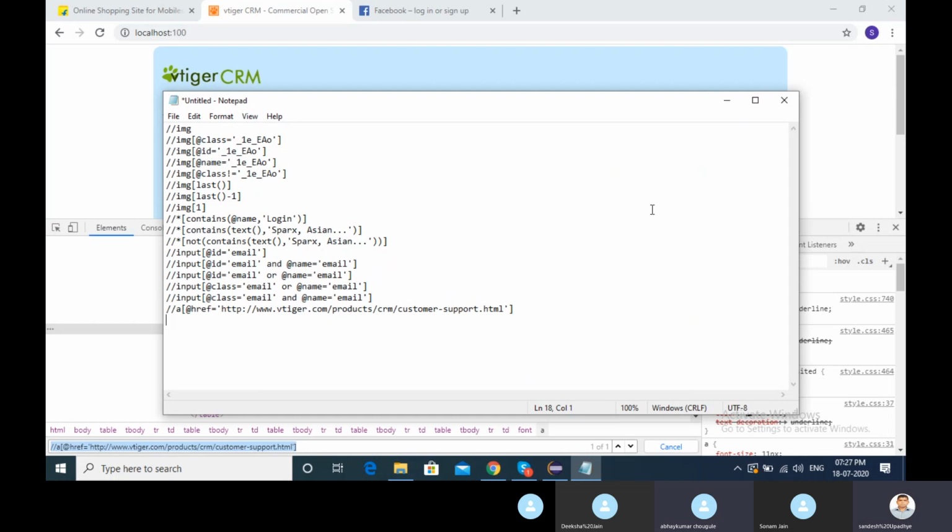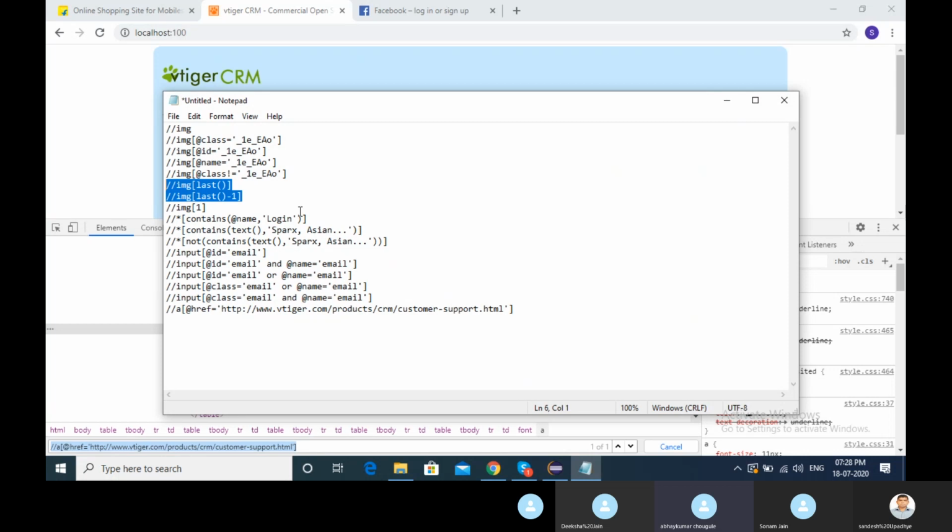Sandesh, do we have any reserved words like last? For an image, to find the specific image locator, we used the last word, right? So do we have any other such words like first or middle? In this case, we are trying to find the last image on that page.